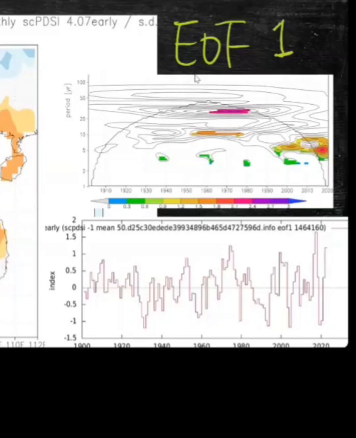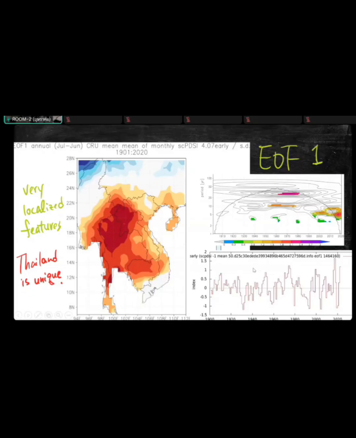And you can also conduct statistical analysis. This is called wavelet spectrum. Don't worry about the details. You just pay attention to this color here. It is the statistically significant increase of variability, which means that even though I just said this is natural variability, it is influenced by global warming in terms of amplitude change. Because you are seeing the drought variability has increased. So that is bad news for farmers, for water managers.